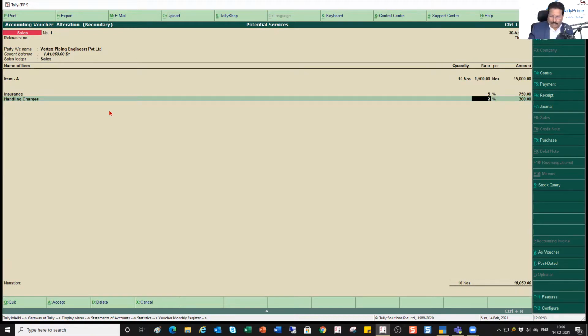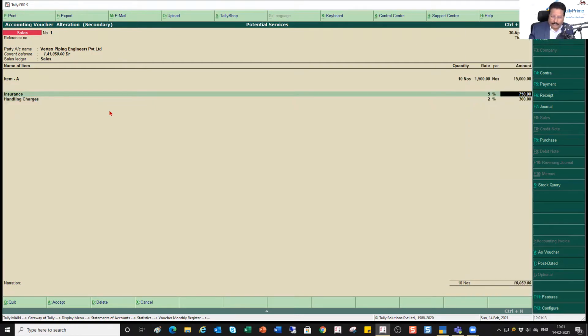So this is how by enabling this option of use for calculation will quickly help you to do proper calculation, so that you don't commit any mistake when you are doing a manual calculation, and it is also going to be time consuming. So that is where you can get this option done.